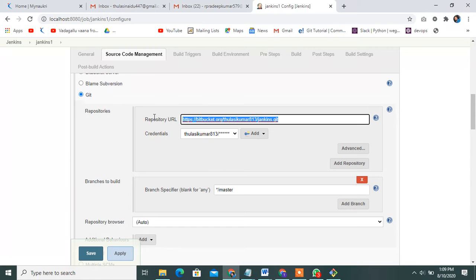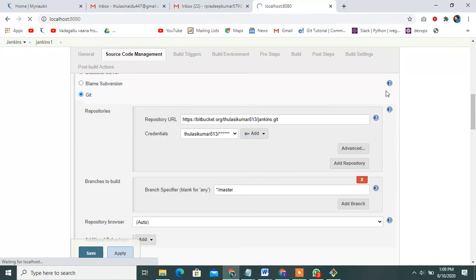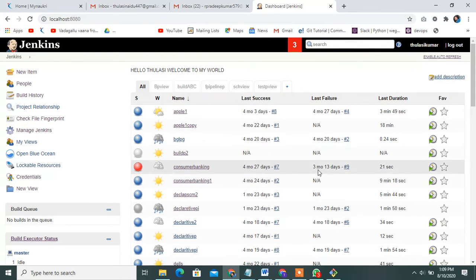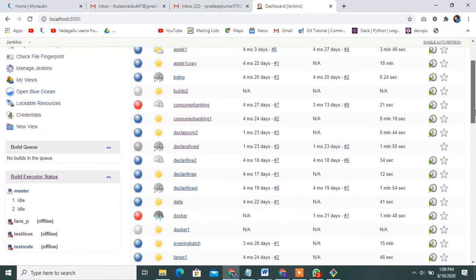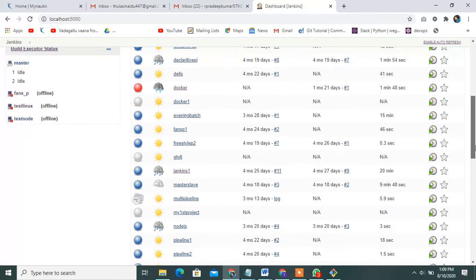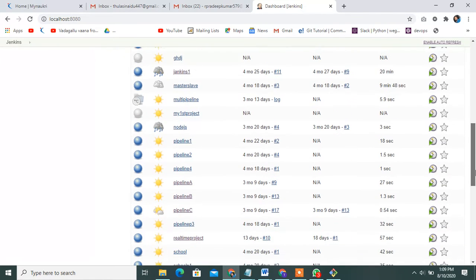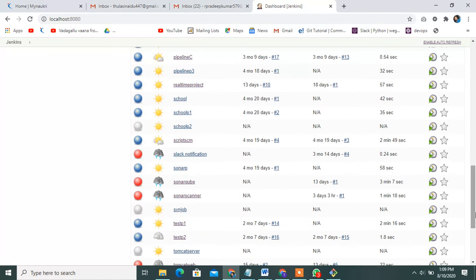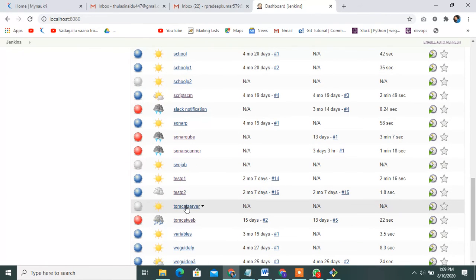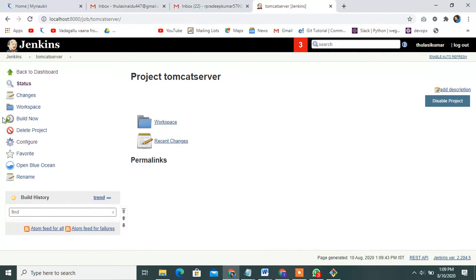Copy this URL and go to my Tomcat server. Where is my project? Yeah, go to my project and go to the configuration section.